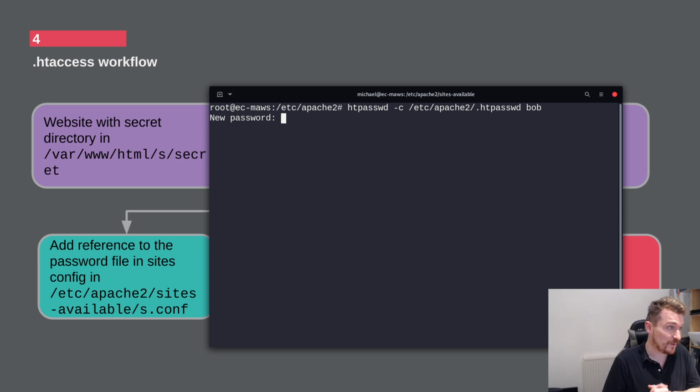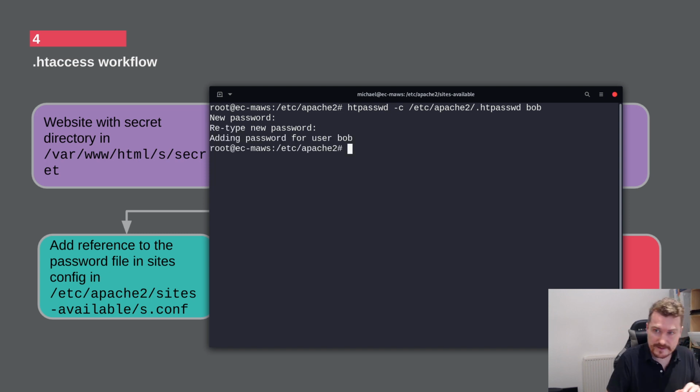Right, new password for Bob. We'll make this super simple. We'll just make Bob's password Bob. Retype password: Bob. Adding new password for user Bob. Now, what this has done is created a file called